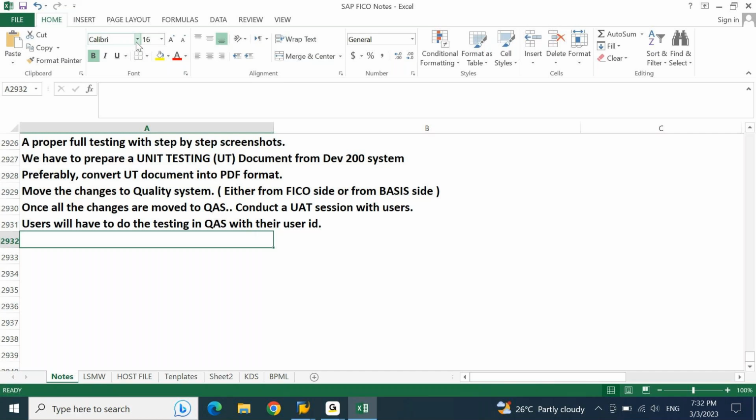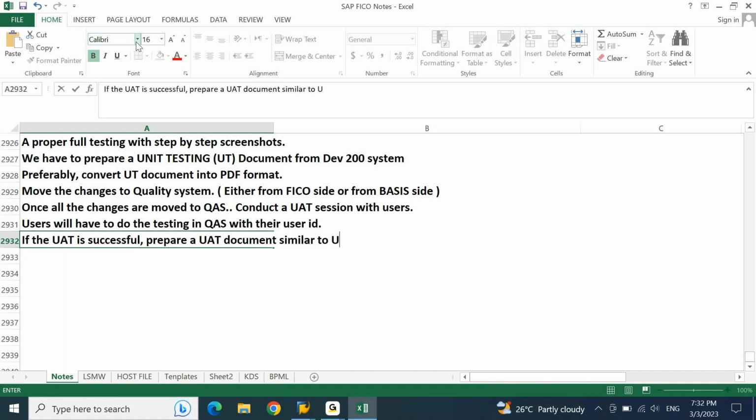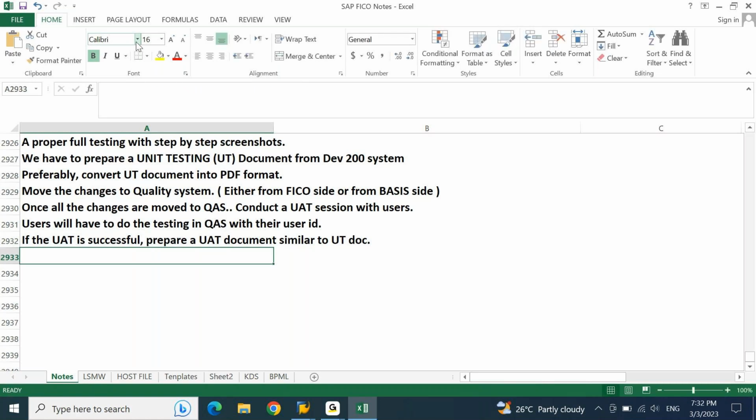Once your user has tested this, if the UAT is successful, prepare a UAT document similar to the UT document. Whatever the unit testing document you have prepared, in a similar way you have to prepare the UAT document, taking out all the screenshots that your client had tested. Once this is done,